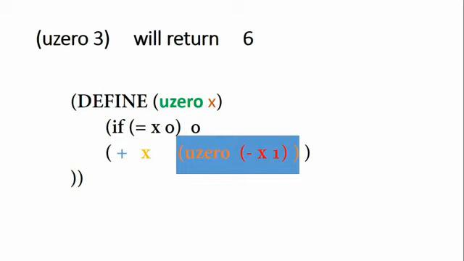So what I am doing here is, if x is not equal to 0, I am adding the x with the result of calling the u0 function again, minusing 1 from the value which I gave earlier. So it will recurse until x becomes 0. It will add all the numbers until x becomes 0 and it will return 6. You can also try running this code and you can get the idea on